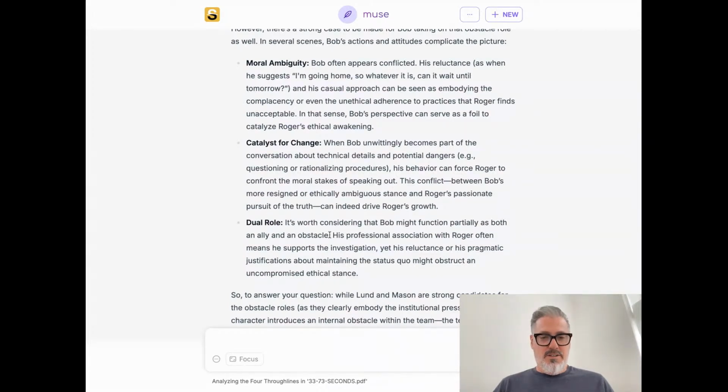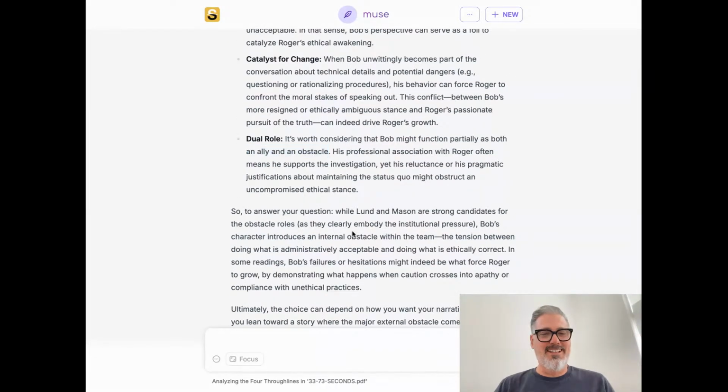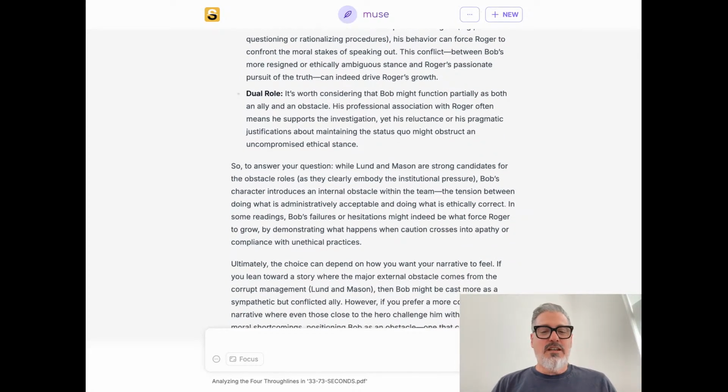So this is funny. This is something I'm going to have to work on training, because the obstacle, it's naturally thinking, oh, it's the bad guy or the person going against him. His reluctance or his pragmatic justifications about maintaining the status quo might obstruct and be uncompromised. Yeah. So to answer your question, there aren't emojis everywhere and it's less nonsense. While London and Mason are strong candidates for the obstacle roles, as they embody the institutional pressure, Bob's character enters within the team. Yeah. In some readings,